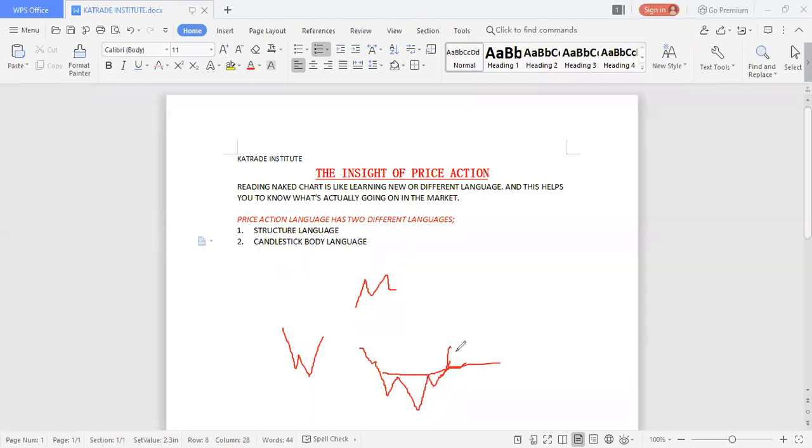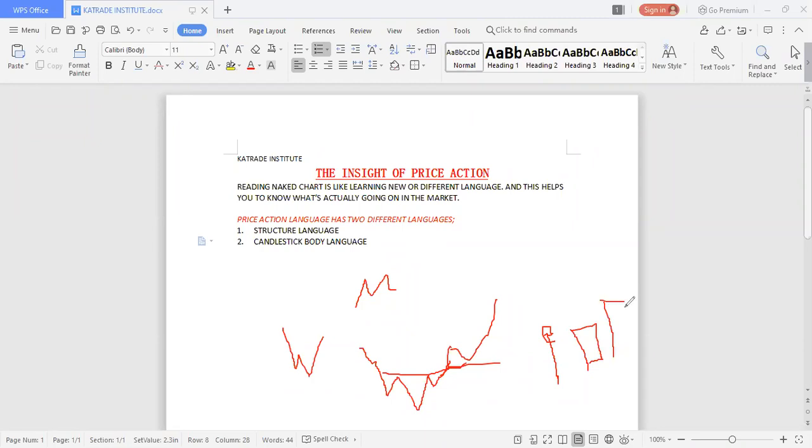So whenever you see something like an inverse head and shoulder, you are waiting for a breakout plus a retest before continuation to the upside, right? Because this is also a structural language. Do you get it? And then the candlestick body language is having the morning star, the shooting star, the hammer, pin bar, or shooting star. Yeah. And then we are going to have